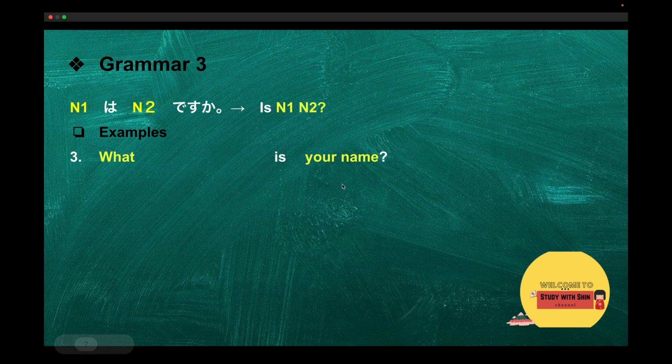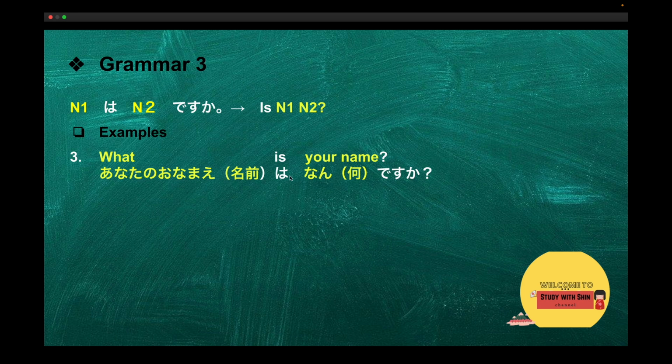Now if you want to ask somebody's name, how would you say that? あなたの名前は何ですか? Here, because I am teaching basic Japanese, I am saying あなたの名前. But in real life situations, you do not use あなた, because calling someone あなた is kind of rude. So please don't use this in real life. Eventually, you will learn how to call someone politely. Here we will focus on the grammar points and some basic